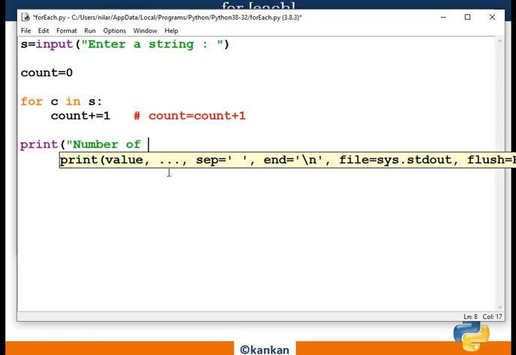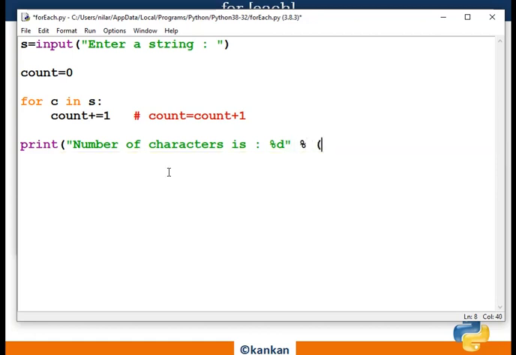Number of characters, and it will be an integer, and I would like to append it. Already I have stored it in the count variable using some logic. So this is the code to count the number of characters in a string.